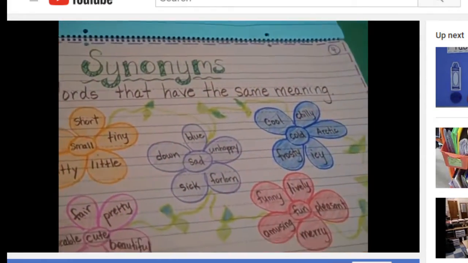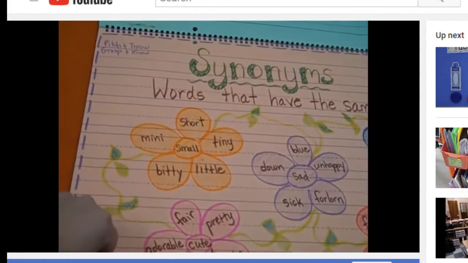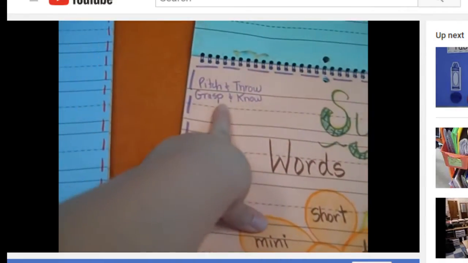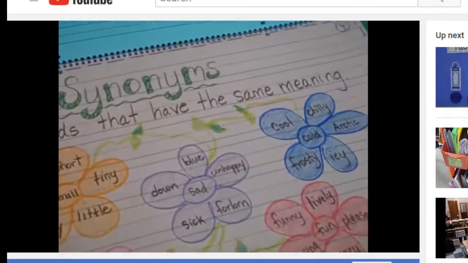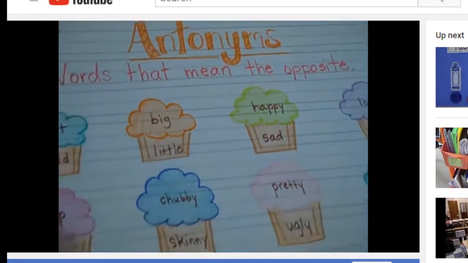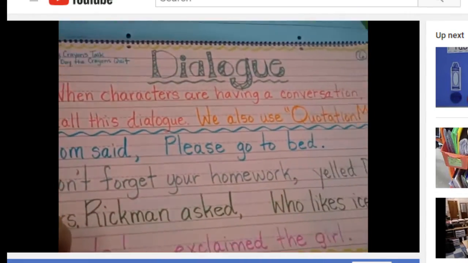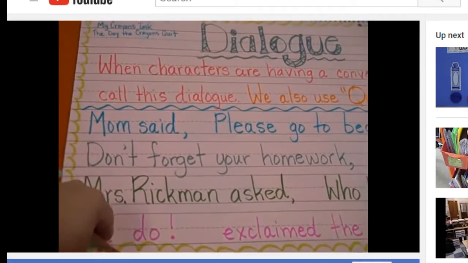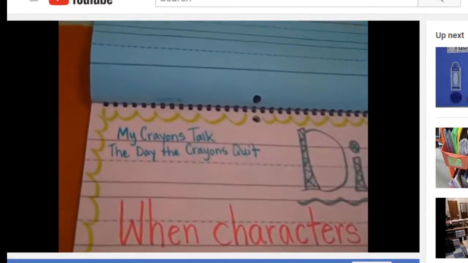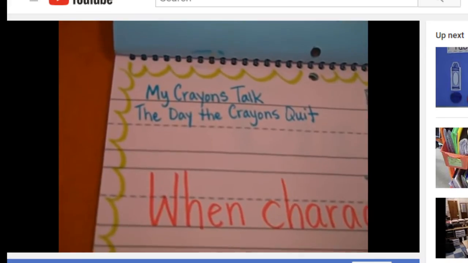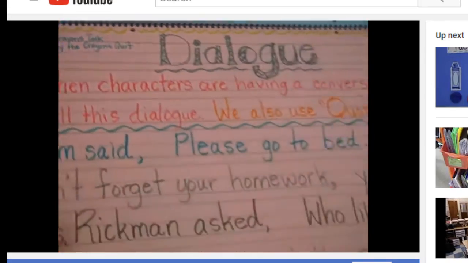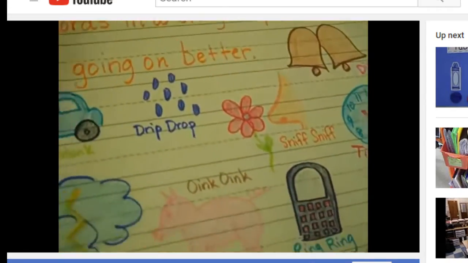Synonyms, they have the same meaning. It works well to use the flowers. And again, I have my mentor text up here that I use. Antonyms. Dialogue. And I teach them how to use quotation marks. And there's my mentor text, The Crayons Talk and The Day the Crayons Quit. Love those two books. Onomatopoeia,